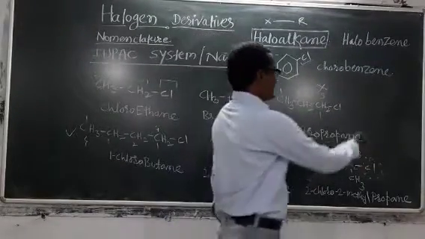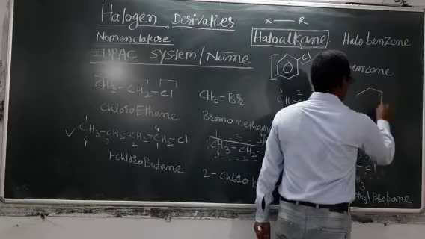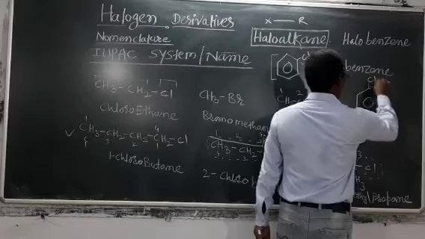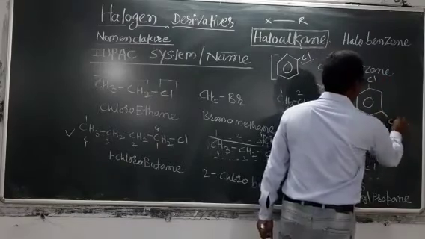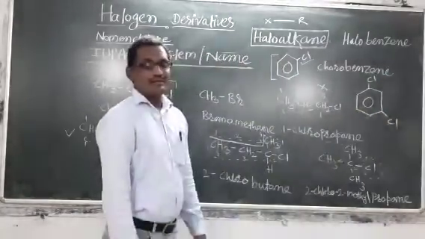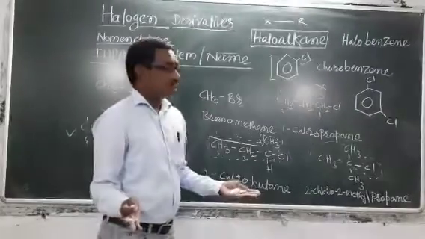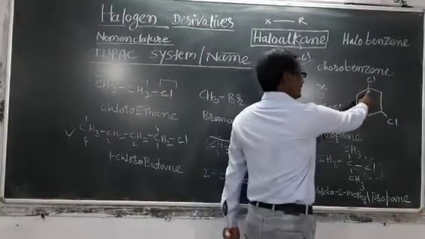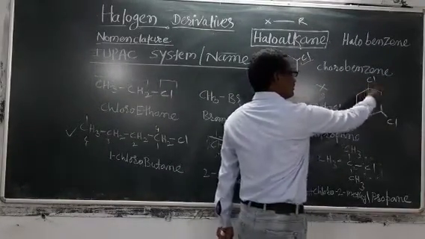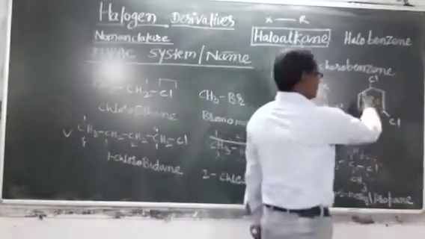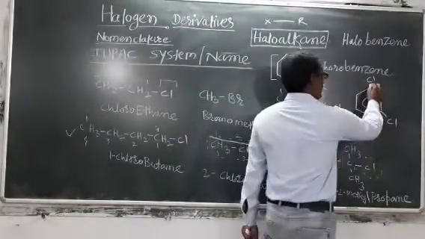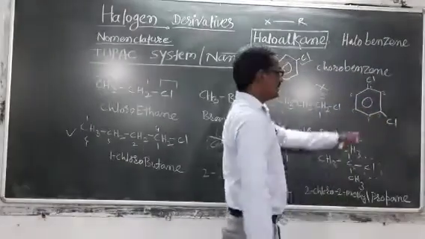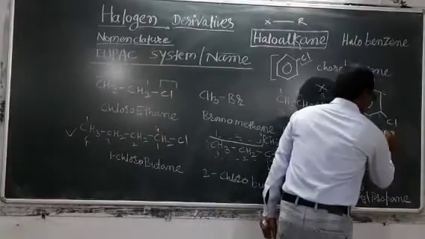The next example I will do here. Cl and suppose this is Cl. What will be the name? जैसे कि हमने एरोमेटिक कंपाउंड में पढ़ा है, एरोमेटिक नोमेनक्लेचर कैसे करते हैं, उसी तरह यहाँ पे हमें देना चाहिए नंबरिंग. We have to do the numbering to this benzene ring. 1 2 3 like this way. 1 2 3 4 5 6. The name will be benzene. First of all, benzene.